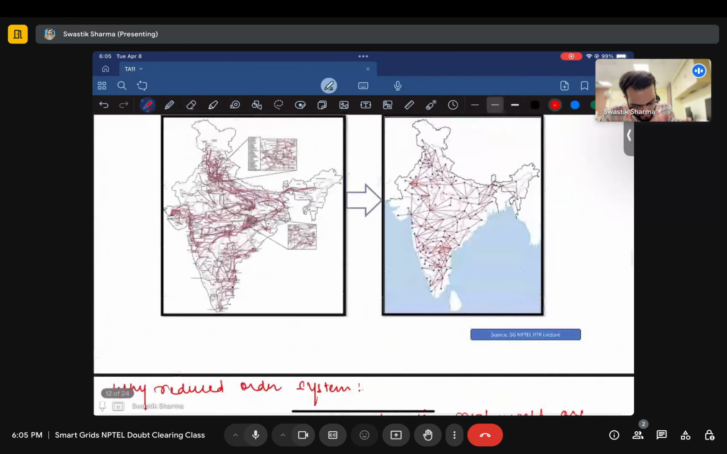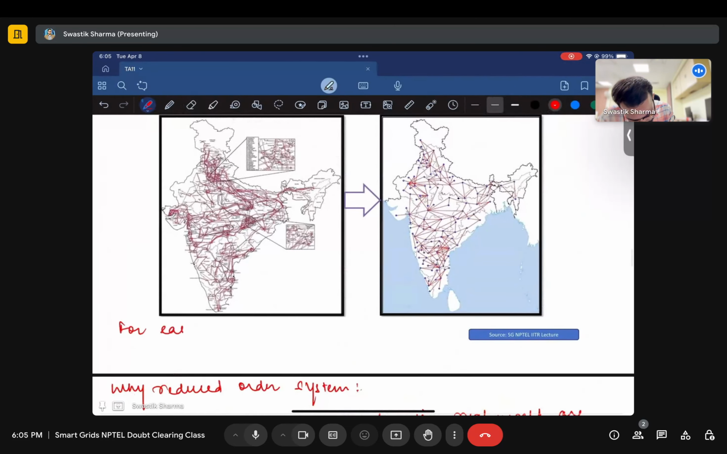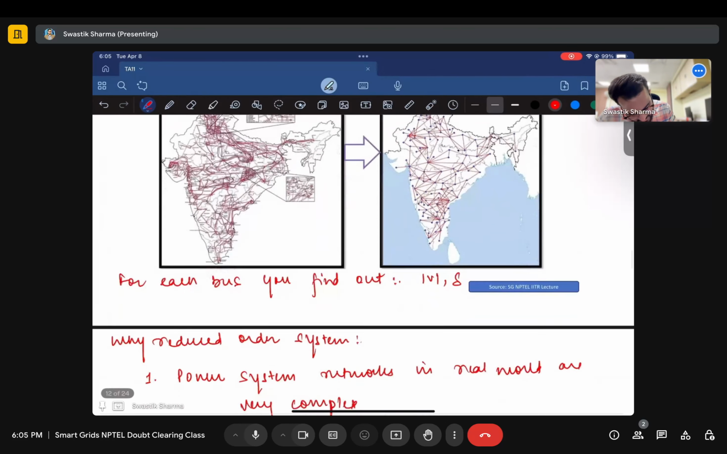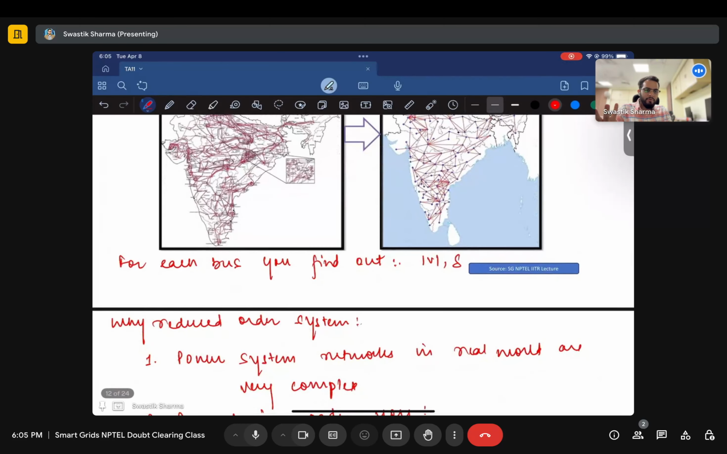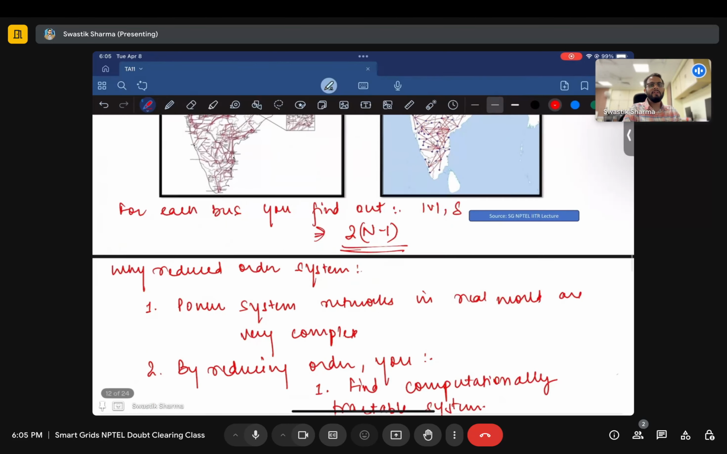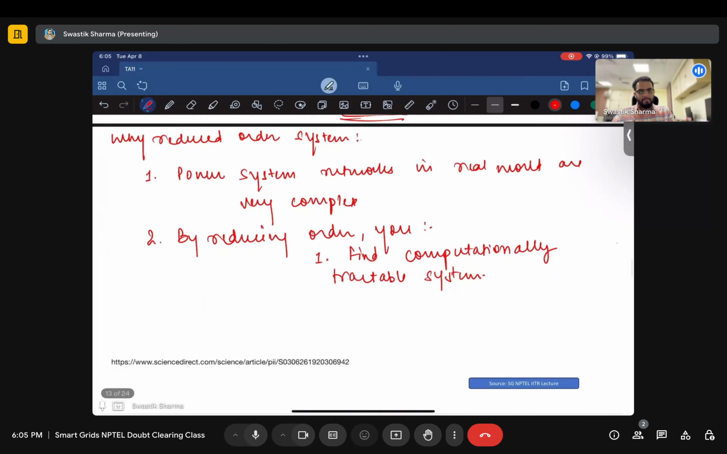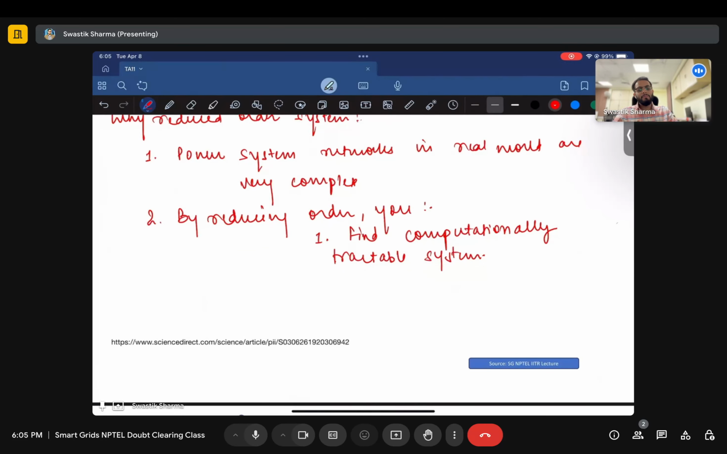So for each bus, you find out the voltage magnitude and angle, right? We generally have a reference bus and we know it is at 1 angle 0. So in essence, you want to find out for 2n minus 1 buses. So these are the number of variables you need to find out. For 6034, this is a huge number, but for 120, it is not a very huge number, right? That is what I am saying. So by reducing the order, you manage to find a computationally tractable solution,